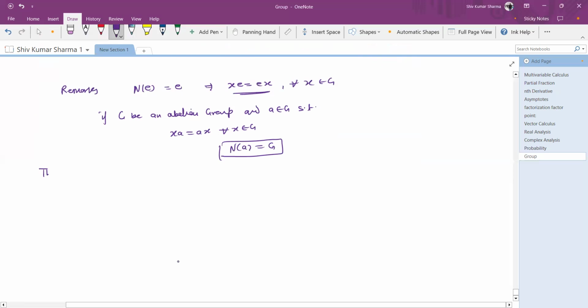So we have one theorem related to that. So prove that